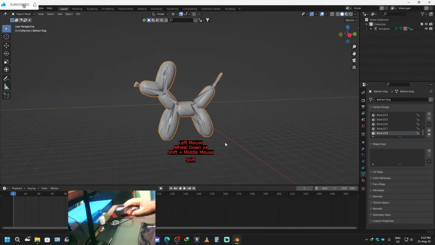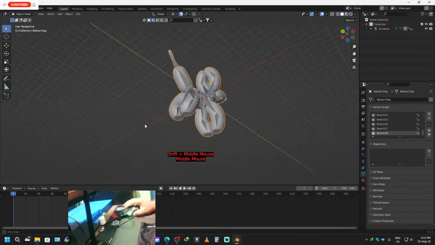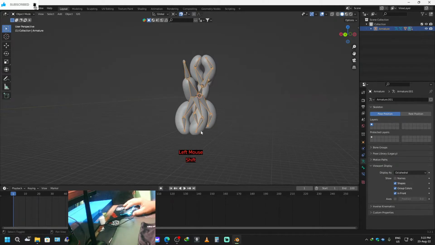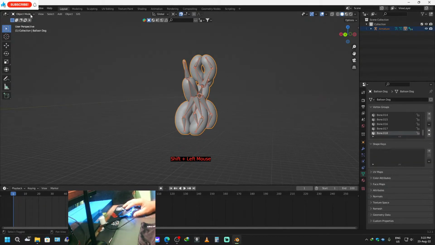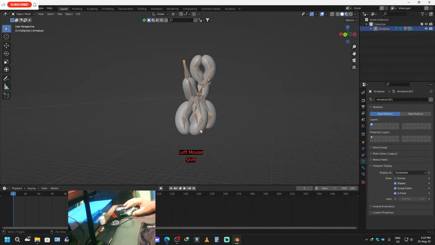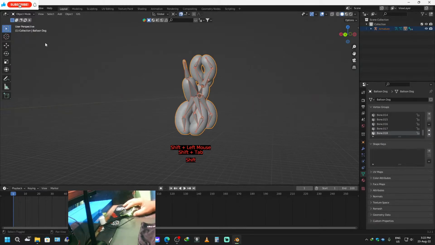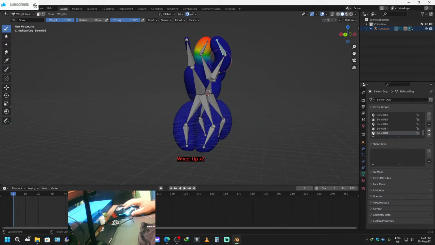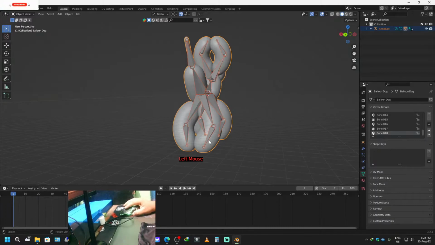Okay, so now we are going to go inside the weight paint. We're going to select this one, then this one. Now we should enter the weight paint, shift tab, not happening. This one, shift tab, or just go weight paint. Oh, this one is selected. Now we need to select this one. Okay, so get out of the object mode, get inside the